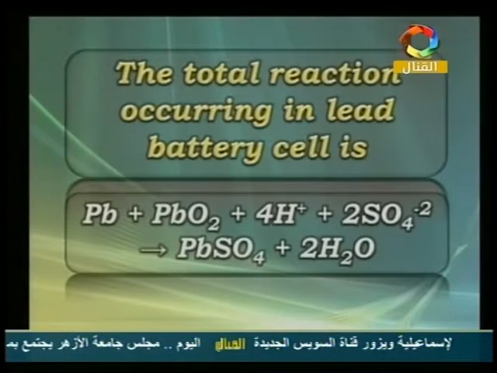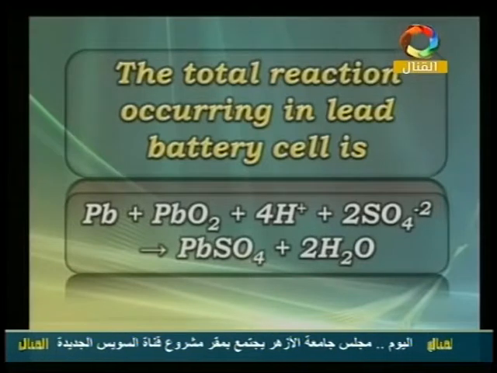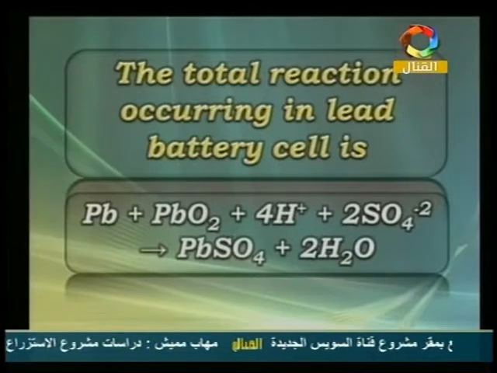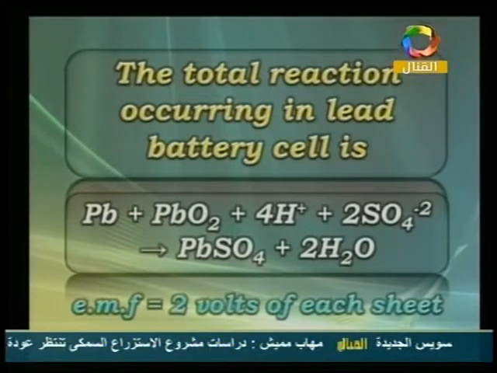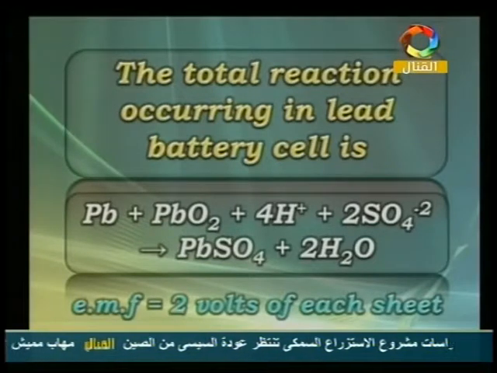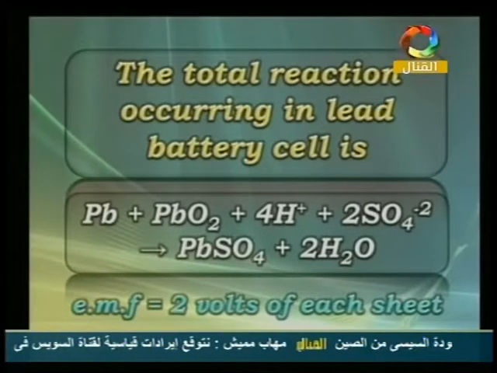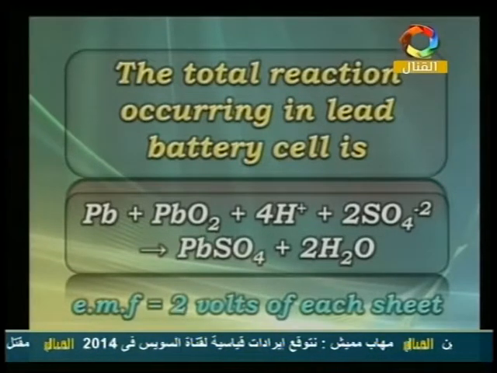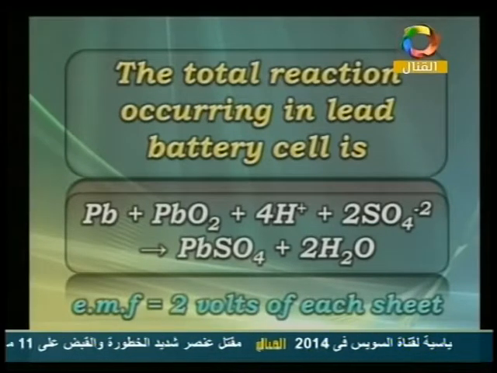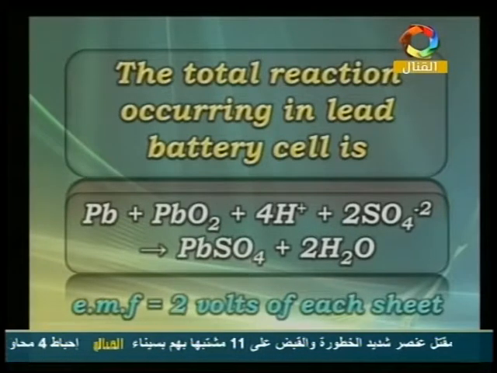Because here we have no movement of the ions like H positive or SO4 negative to make the chemical reaction and change it into electric energy. After that, we have an EMF of 2 volts for each sheet of lead or lead oxide. So the total of these 6 cells, or 6 sheets of lead and lead oxide, makes what? That makes a total equal to 12 volts